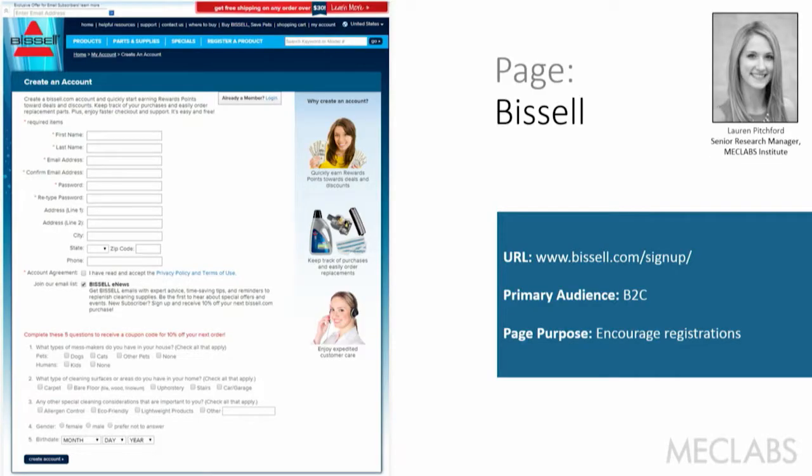Right. So someone made a comment that the images on the right are distracting. And I think Laura made a comment earlier too that they look like ads, but actually that's where you get the real value of what an account is. Really? Okay. So it's save the money. The copy is what's really helping, but it's the images themselves, the fact that they look like stock. I don't know what you guys think, but go ahead. Yeah. So you save money, or you can keep track of purchases and order replacement parts, and then expedited customer